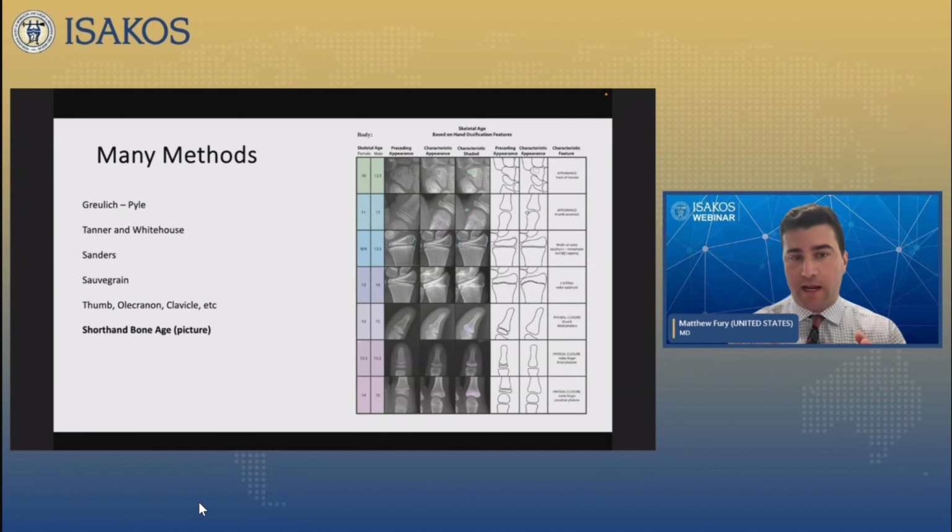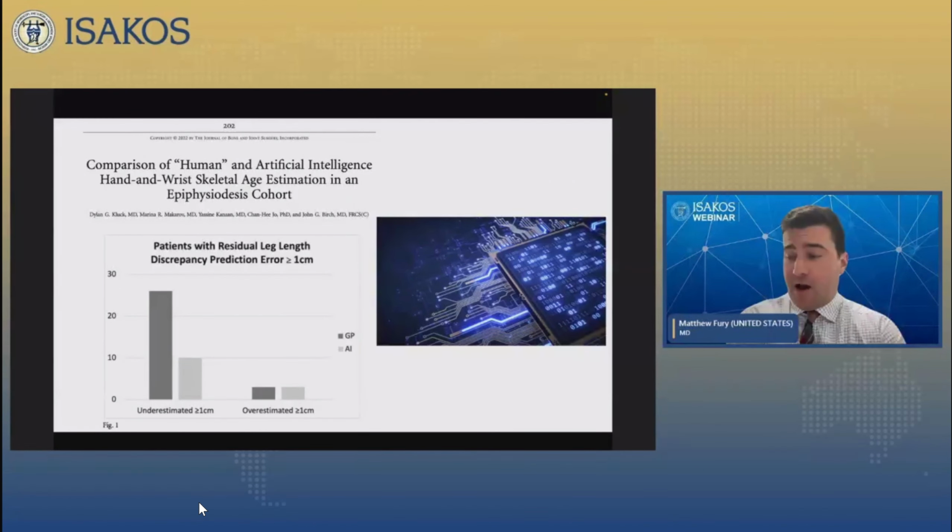We've developed now shorthand bone age methods, which is pictured here on the right, which really isolates down to the most influential structure that you can assess to try to determine a patient's given skeletal age, which simplified a lot of these other atlases, which we've had to use historically. And now, recent studies have demonstrated that artificial intelligence and machine learning that's been trained on large data sets may outperform some of our human assessments of skeletal age when using the GP and other skeletal age methods.